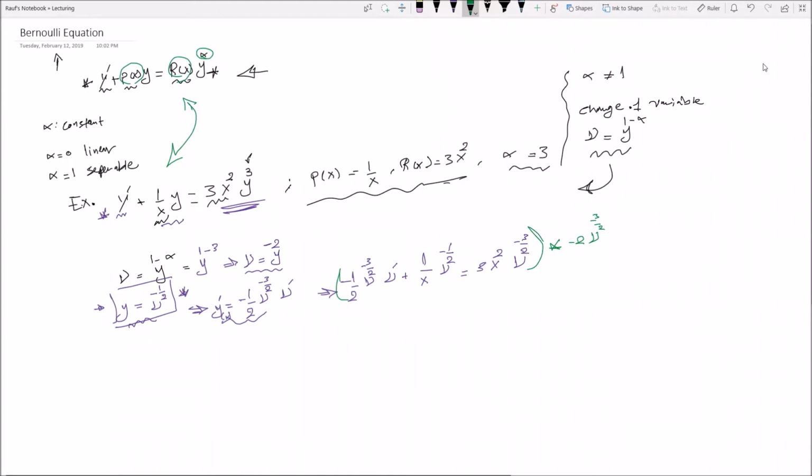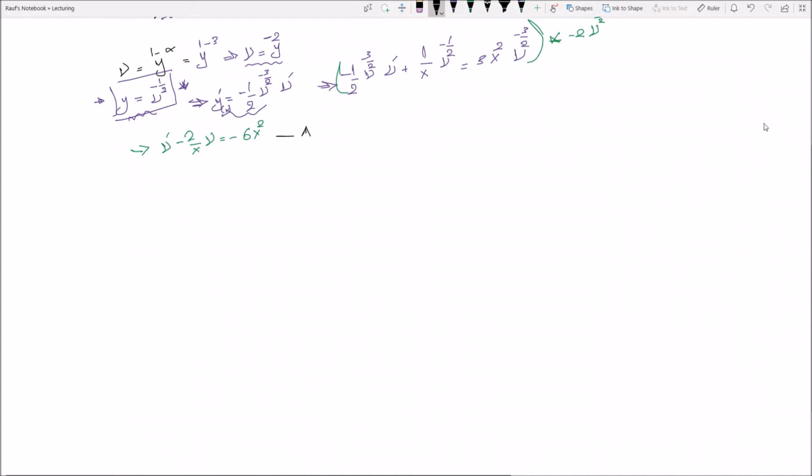Okay, doing that, now the equation becomes in the following form. It will become nu prime minus 2 over x multiplied by nu equal minus 6 x squared. Now this equation, let's call it equation A, is just in the standard form of a linear